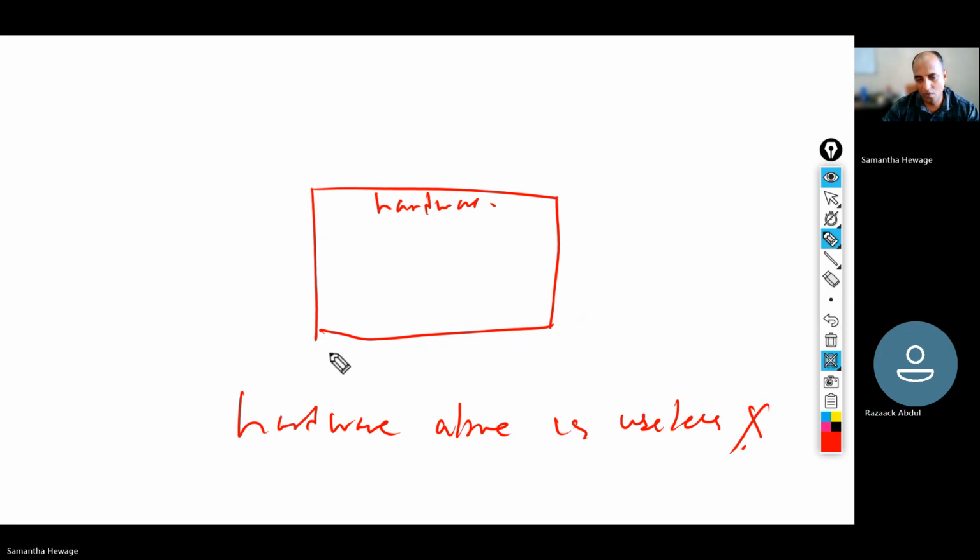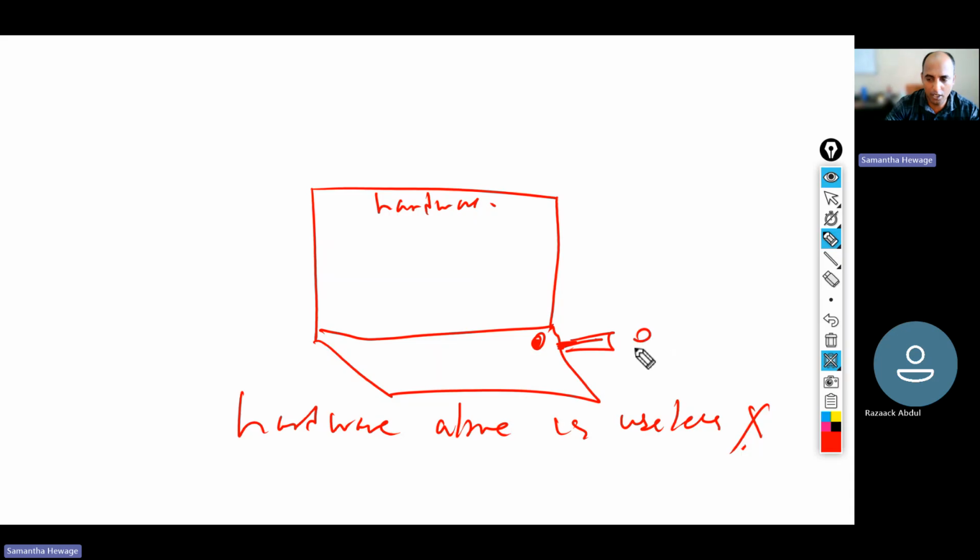So once you got the laptop, you use a pen drive, a thumb drive, or a flash drive, USB, and you install the operating system. Now you are going to install the operating system. After installing,